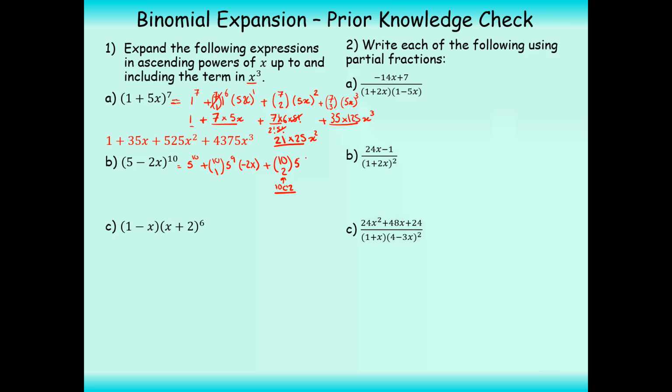Then we multiply that by 5 raised to the power of 8 and negative 2x squared. Notice the powers here add up to 10. In each term, the powers will have to add up to 10. Finally, we need the fourth term. So that would be 10 choose 3, 5 raised to the power of 7, and negative 2x raised to the power of 3. So this would be a 10, and if you put the rest in your calculator, you should end up with